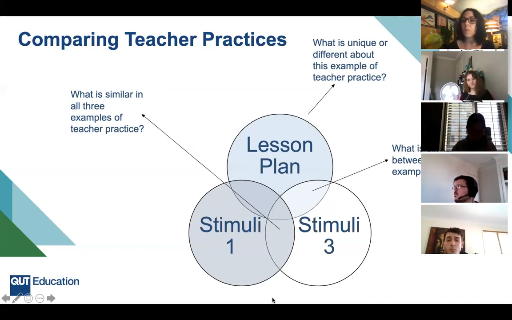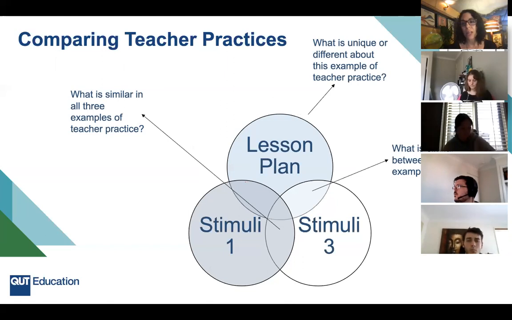Okay, so I'm going to put you back into your breakout groups, and there's going to be mixed groups, and this is great. So there'll be early childhood and primary and secondary as well, hopefully. I want you to find out what the similarities and differences are. I think you'll be quite surprised how similar the teaching actions and the strategies used across cohorts really were. Okay, are we ready to go?